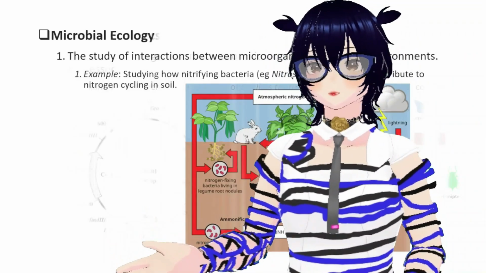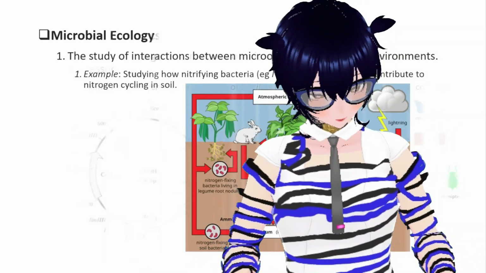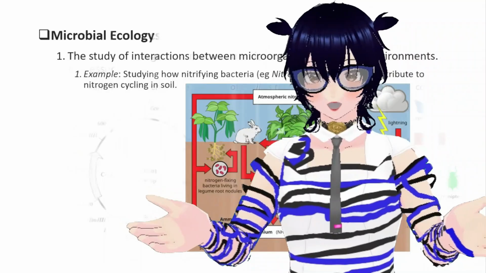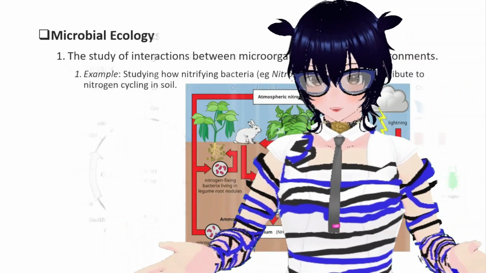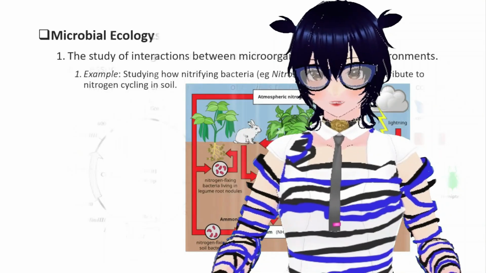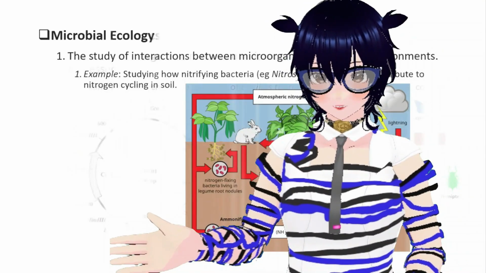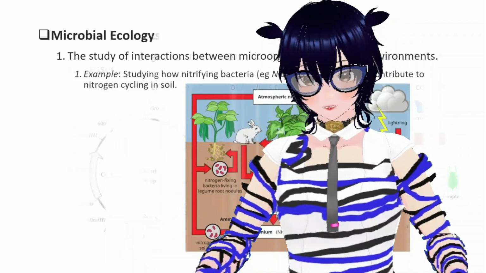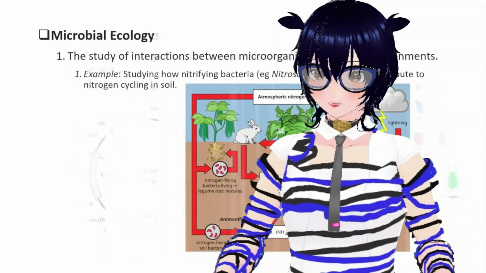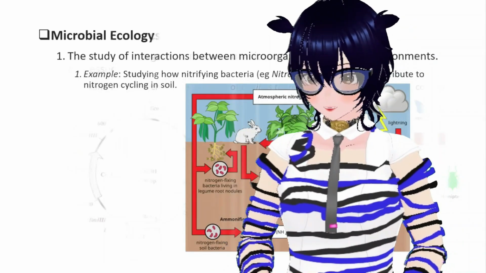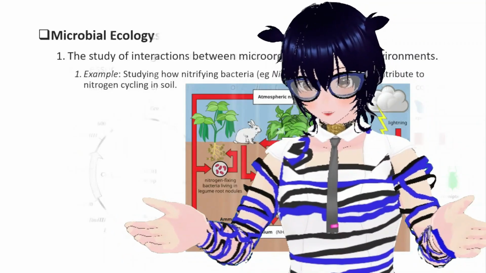So the following example is just about a bacteria, right? It's a nitrifying bacteria, or for example the Nitrosomonas bacteria. Well, to talk about the nitrifying bacteria, we have to know about the nitrogen cycle. The diagram shows that nitrogen exists in two or three forms. That is, atmospheric nitrogen, meaning nitrogen in gaseous form. Then it is in the form of ammonia, like NH3. Then it goes into the nitrates and nitrites, which is the usable form of nitrogen.